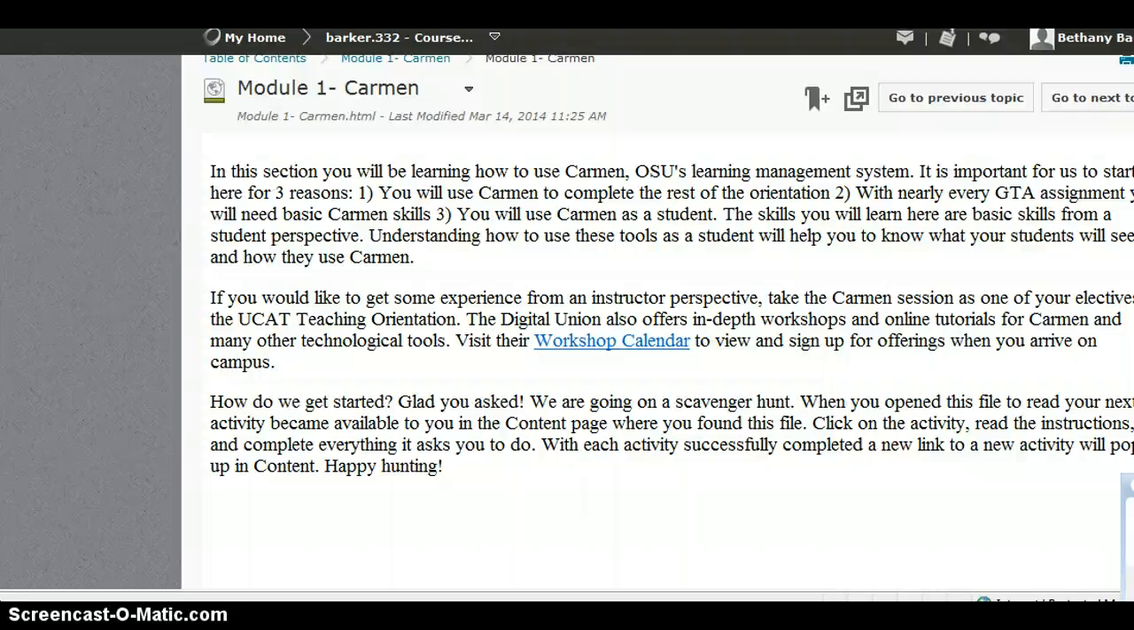And so what I wanted to make sure that they knew is that this is just a basic overview of Carmen and what they're going to need to complete the rest of this orientation, but that there's much more that you can do on Carmen out there and that they have these options available to them. So I let them know with each activity that they successfully complete, a new link to a new activity is going to pop up on the content. And so going back here to Module 1,